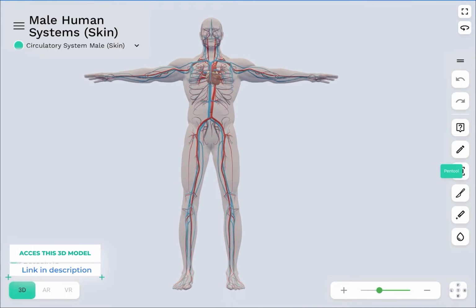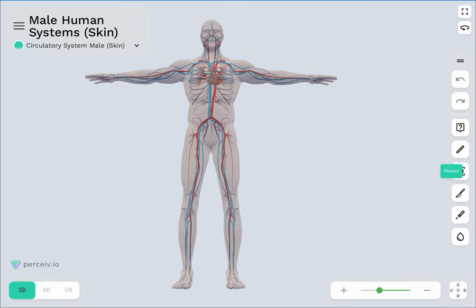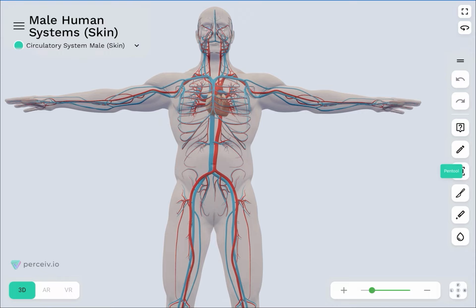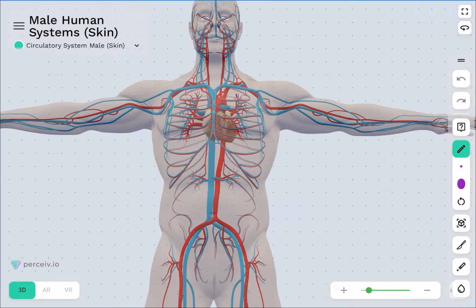As you can see on your screen, the 3D model of the human skin is representing the different blood vessels that originate from the heart. If I zoom this model a little bit, you can see the exact location of the heart here. If we precisely consider the location of the heart, then the human heart is located in the mediastinum of the thoracic cavity.